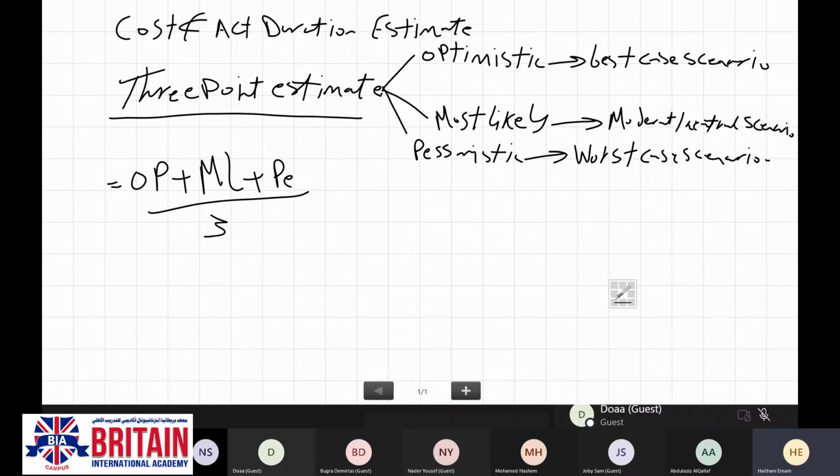On the other hand, maybe you will be asked to calculate the cost or the activity duration estimate using PERT or beta calculation.